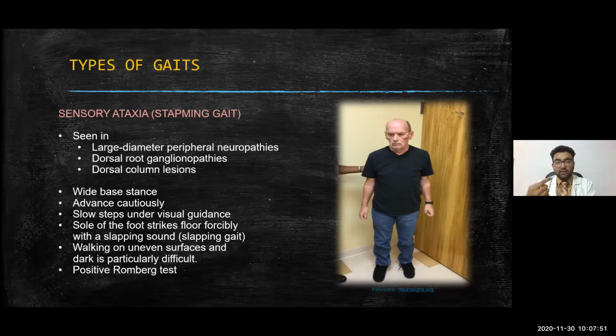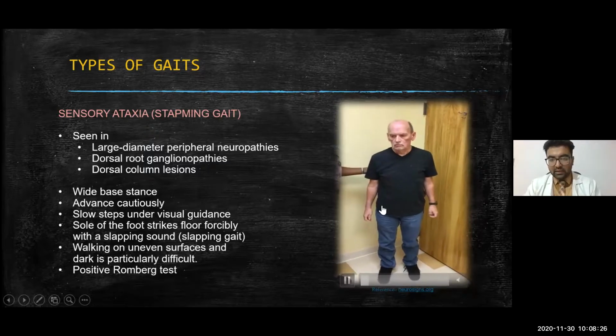But when we ask a patient to close the eyes, we are removing the visual inputs. So now the cerebellum has only one input, that is from the vestibule, and it cannot make a proper balance utilizing that input. Due to that reason, when we ask a patient to close their eyes, and if the patient is having sensory neuropathy, peripheral neuropathy, the patient will sway away or feel unsteady. So that's the positive Romberg test.